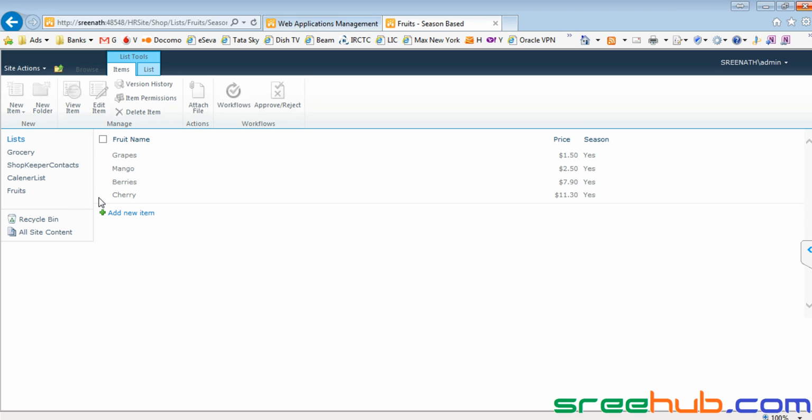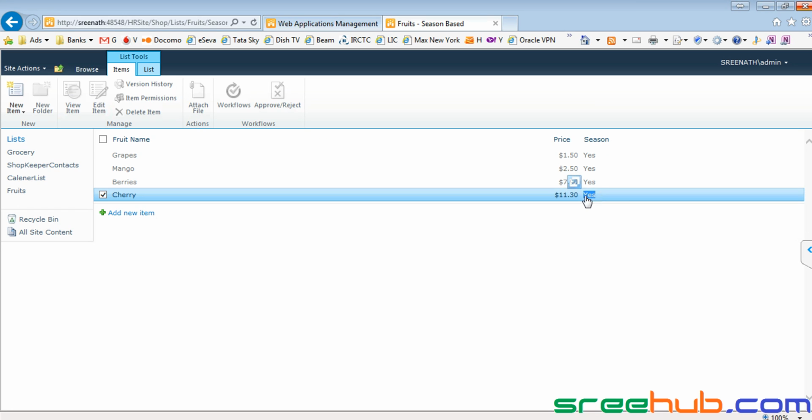Now can you see here cherry, because the main filter was yes, right? We have added something, and see, the cherry fruit got added at the end. Why? Because the price is in ascending order.